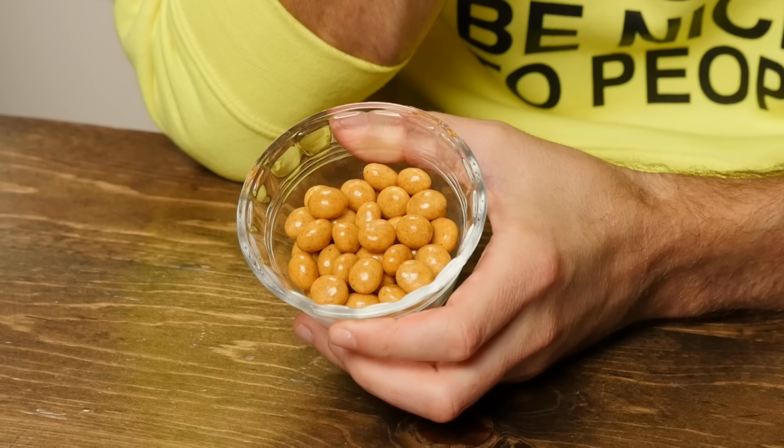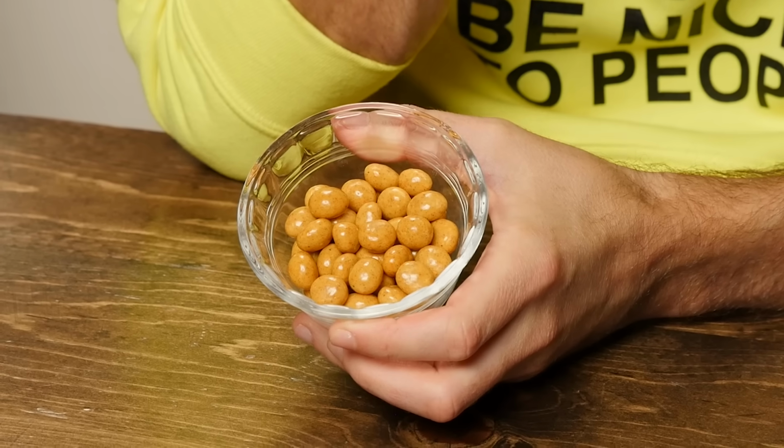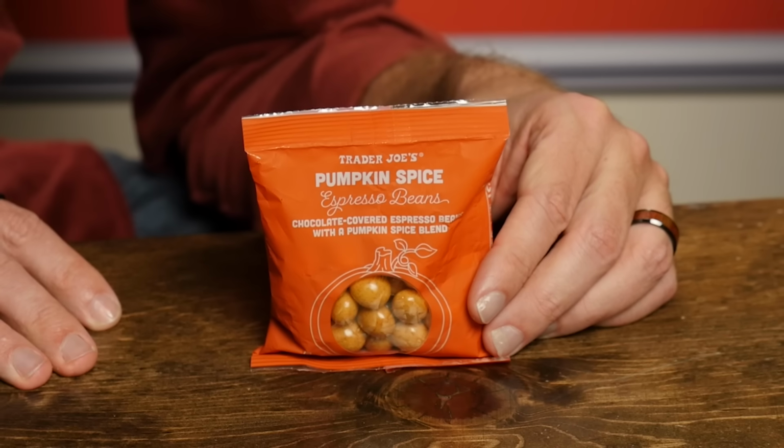These little eggs are actually pumpkin spice espresso beans. Not eggs. They are new to Trader Joe's this fall. Seems like a perfect way for a basic bee like me to get my latte boost on. That's what I was thinking. Well, they're so new that at the time of recording this, no one has talked about